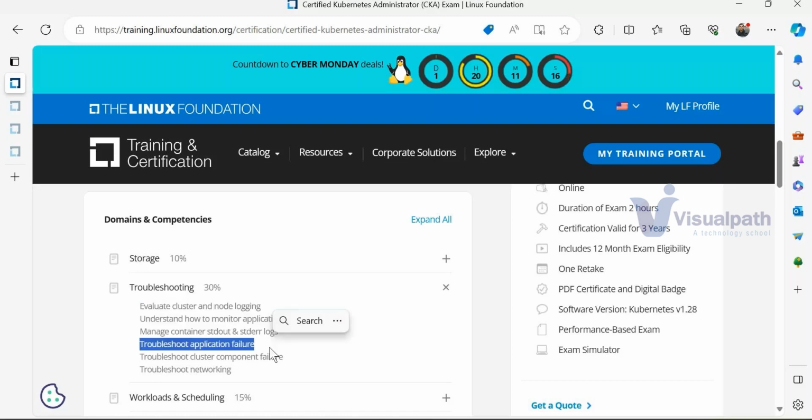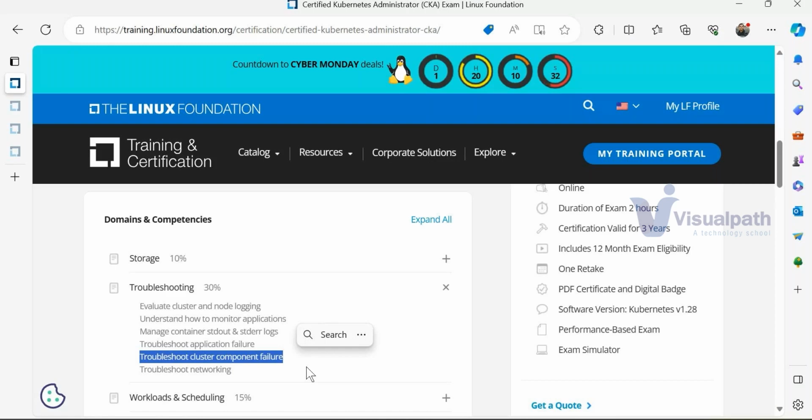And then troubleshooting cluster component failure. Kubernetes comes with a lot of components: master node, worker node, my application running, Kubernetes managing the application, monitoring layer, automation layer, deployment, upgrade, scalability, auto scaling, all those things. All my components should always be healthy. If my Kubernetes components are not healthy, how can I expect my application to be always up and running? So Kubernetes does a health check internally, and every 20 minutes it gives me a status: okay, our components are healthy. If something is going wrong, Kubernetes will initiate a process to correct things, because these components help Kubernetes keep my application running 24/7.